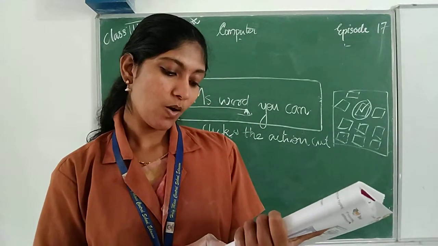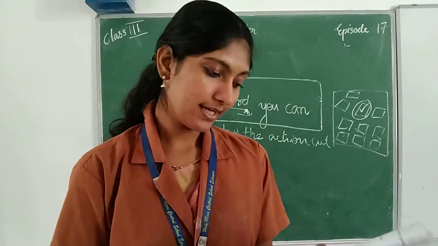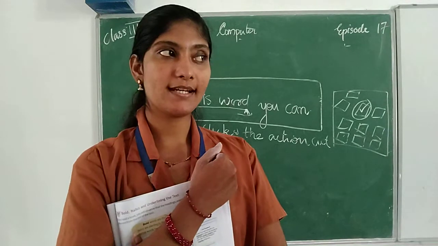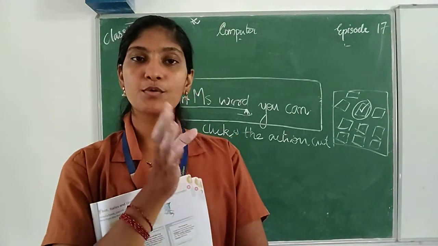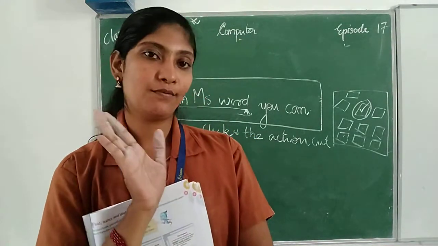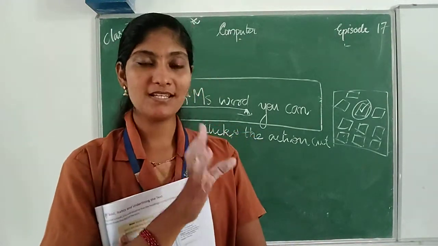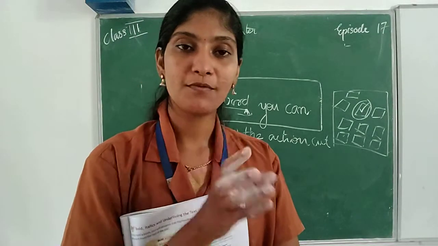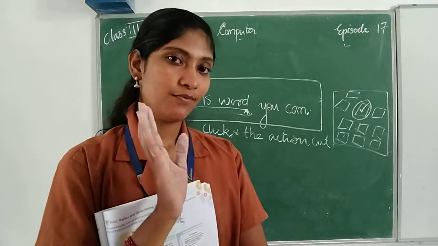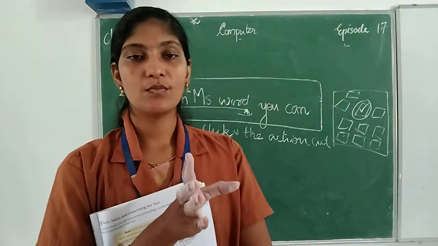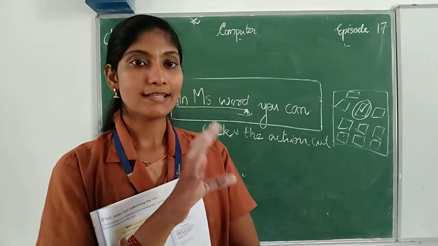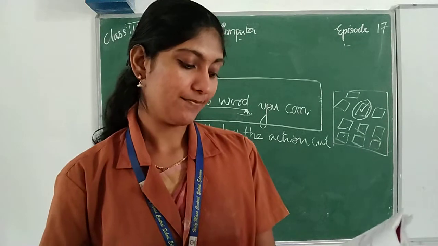So there is a quick quiz. Why is it necessary to select text? So tell me, what is the necessity to select that text? That means if you want to do any actions on a particular word, you need to select first. That's a rule. That means if you want to perform any operations on a word, any actions on a word, you need to select first. If you don't select that word, what happens? You will not be able to perform that action correctly.